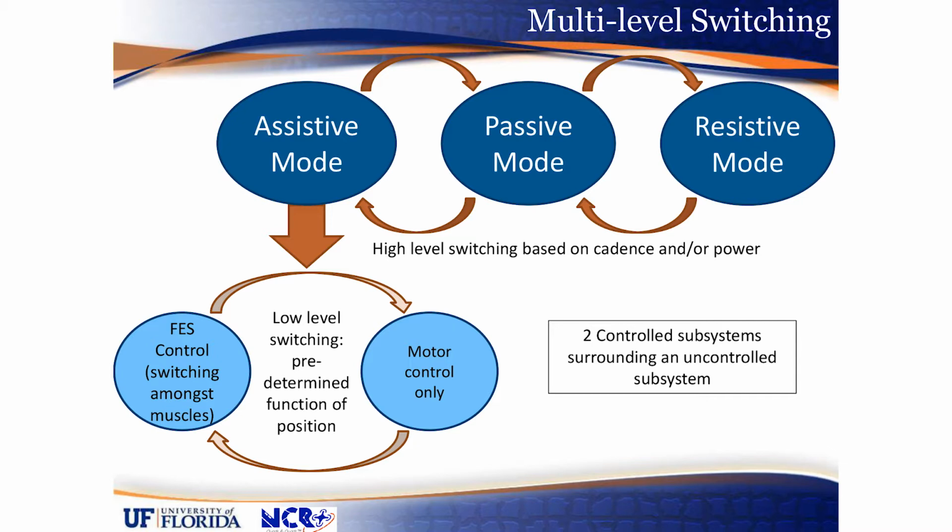experiment that I wanted to show you is one where, from a controls perspective, the controller's goal is always to minimize the error. But from a rehabilitation perspective, if the person's able to do a certain amount, you want them to do that. Meaning that the best rehabilitative controller is one that's not doing anything because the person's able to do it all